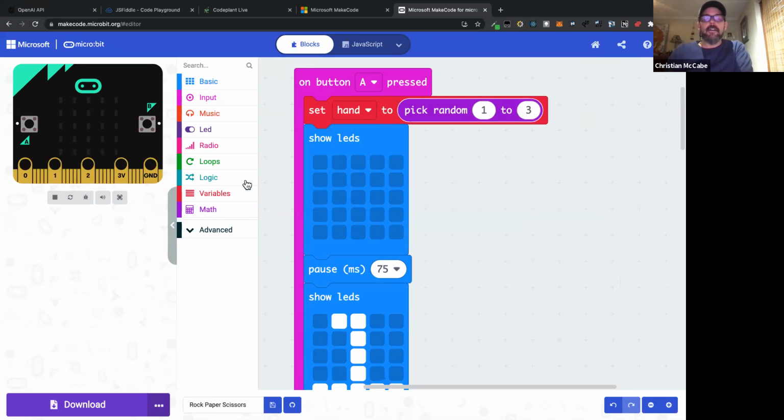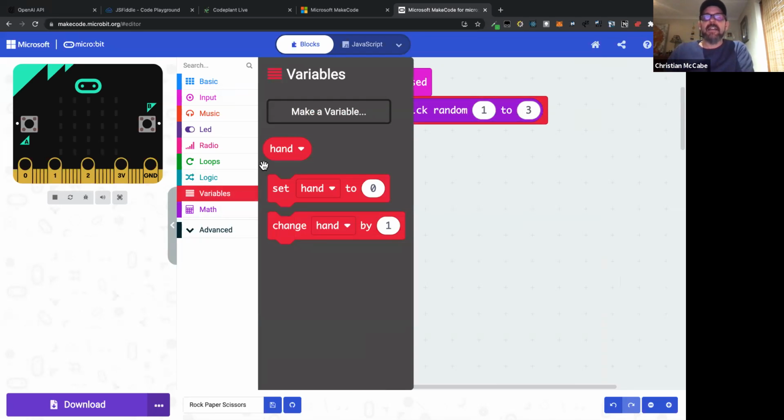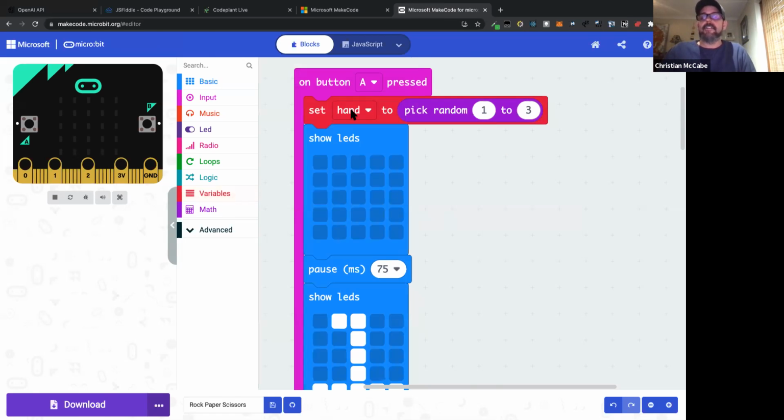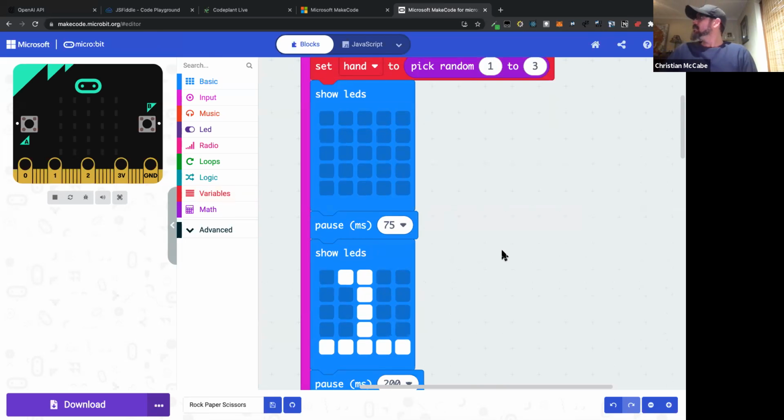So all we're doing here is on the left-hand side, there's this thing where we can store any value we want. It's almost like making a note for yourself, where I say, at this point, I want to write down what the computer chose, because later on, I want to look at it again. I want to look it up again. And so that's what a variable is. And here, we're setting that variable to either 1, 2, or 3. And then what we're doing,